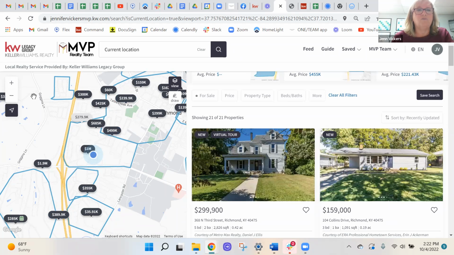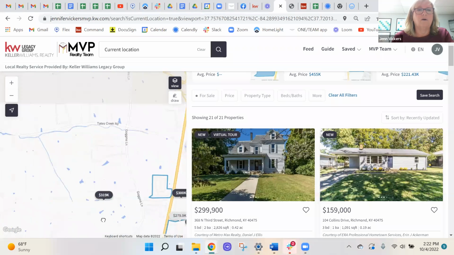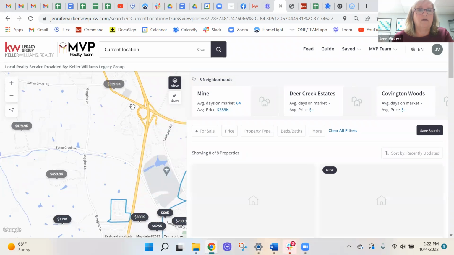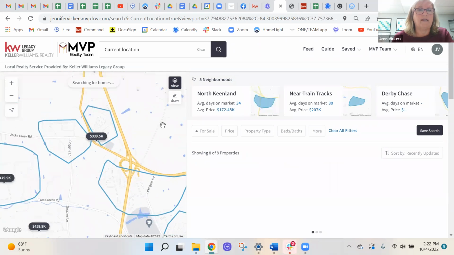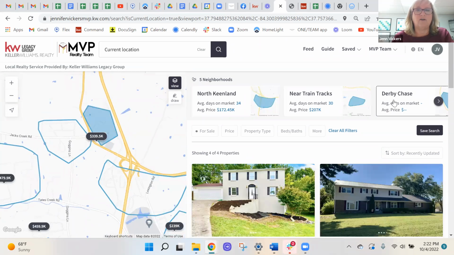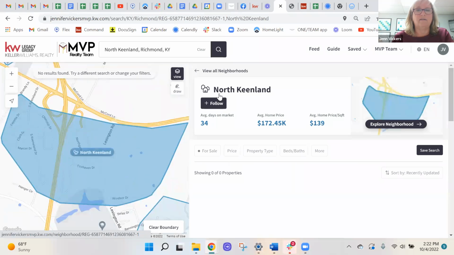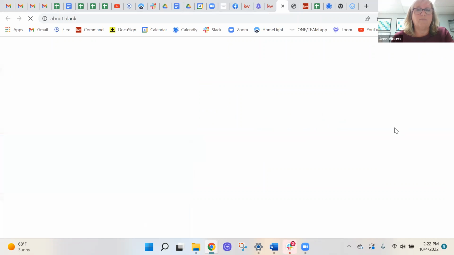If I want to move the map, you can see it automatically adjusts as it goes. If I want to see what property is here, I can click on here, and it has it already up here. If I want to explore the neighborhood, you can automatically see how many days on the market, the average home price, and the square foot per home. And if I click on search neighborhood,